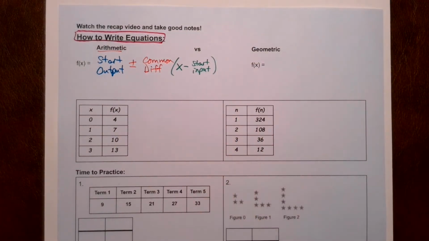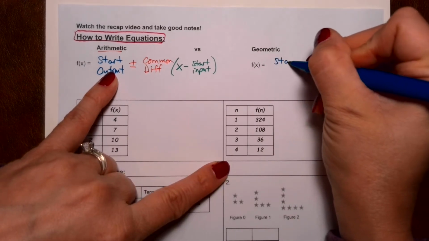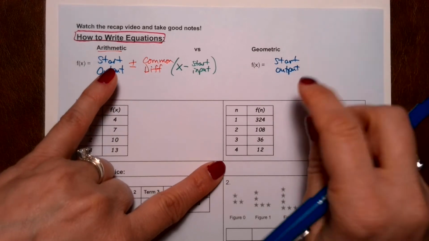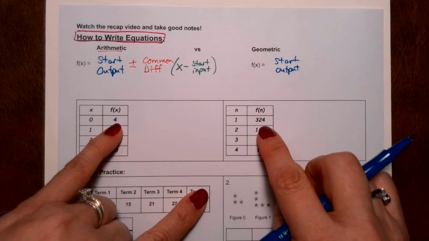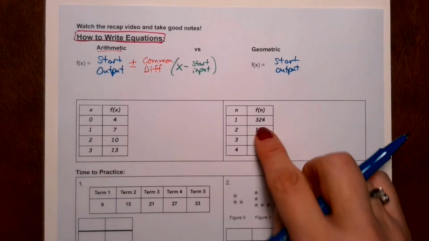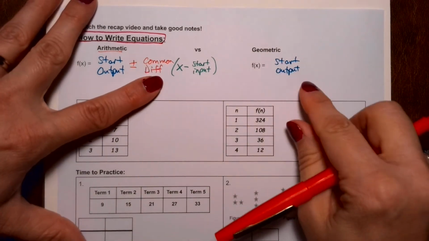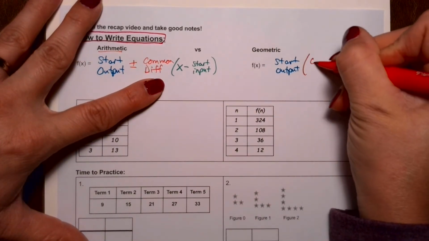Geometric equations will work very similar. We do the starting output. They both start with the starting output, and the starting output always comes from the right side, the Y column. Now the pattern is not add, subtract. Geometric is a multiply pattern. So you're going to multiply by the common